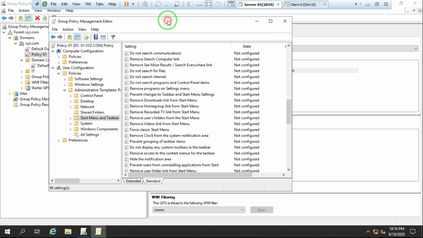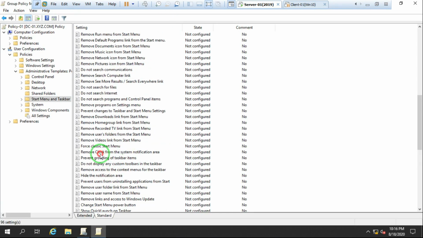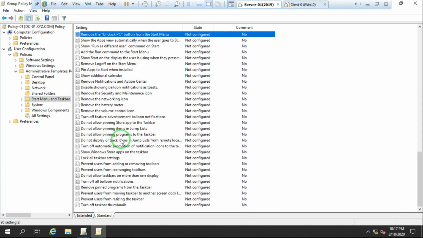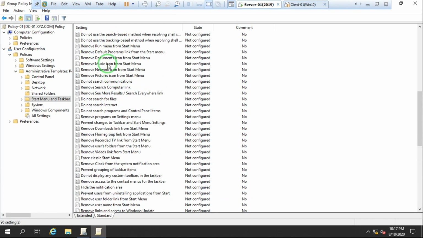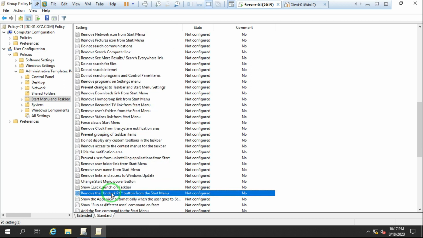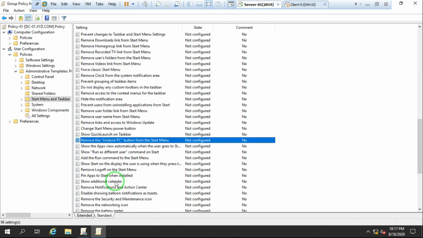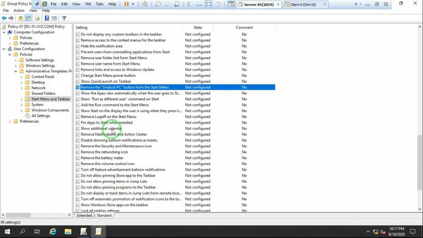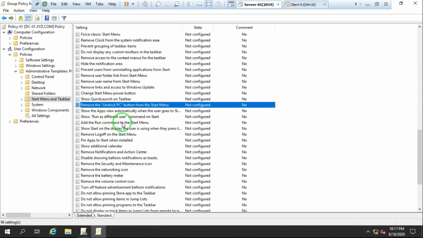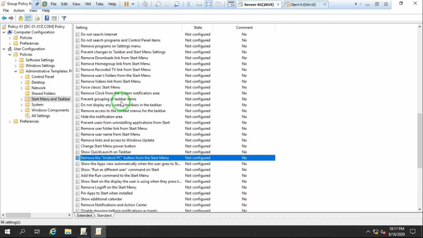Just go bigger ones. It is remove run. Need to check it once. Here this option is a remove run also.